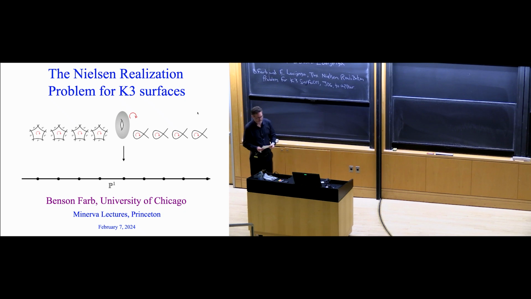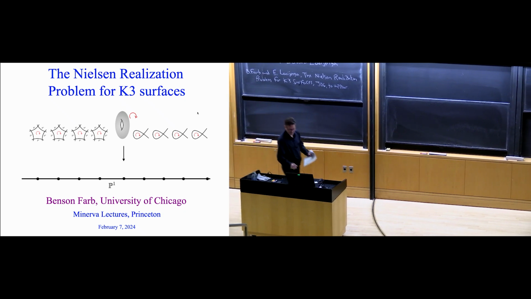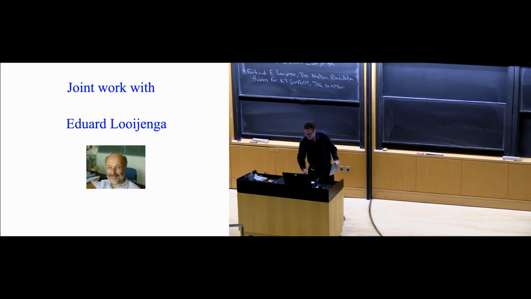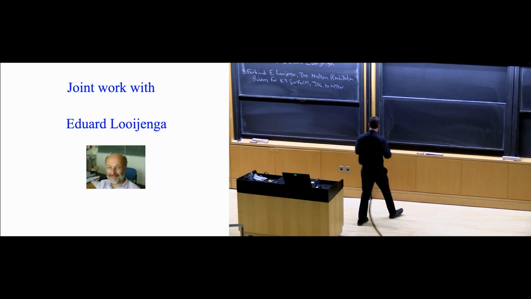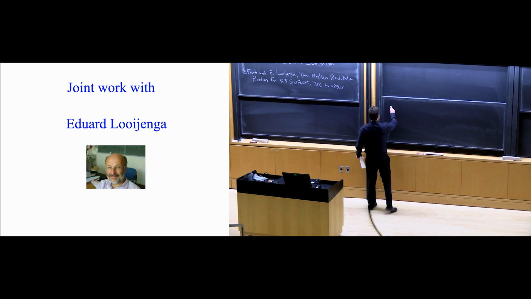And this is also joint work with Eduard Looijenga, and it's based on this paper, and that's the title of the talk, The Nielsen Realization Problem for K3 Surfaces. There's Eduard. Today I want to talk about finite subgroups of mapping class groups of K3 surfaces. I will define all those things, but I want to start out with the Nielsen Realization Problem, which was posed